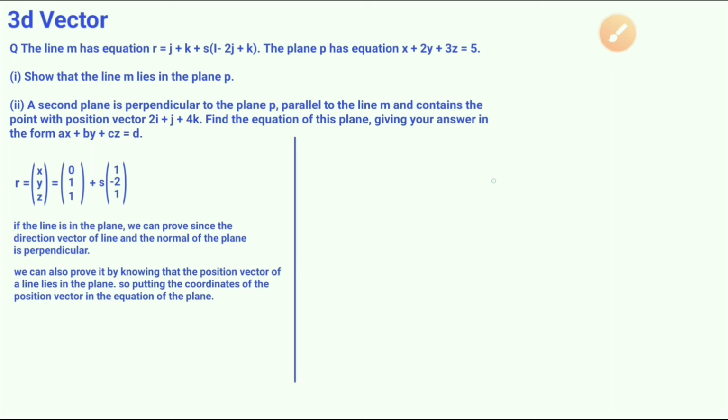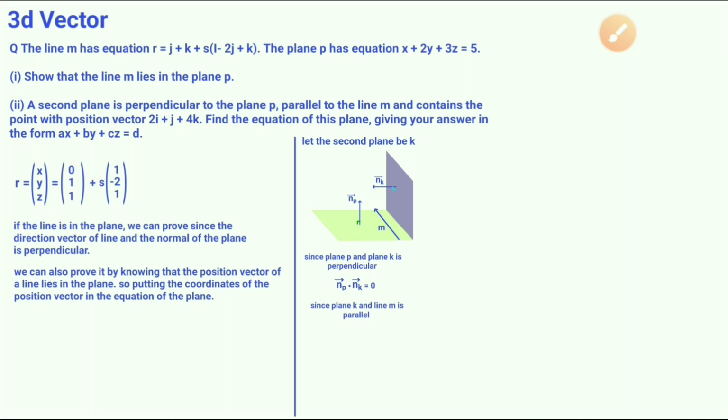A second plane is perpendicular to the plane P, parallel to the line M, and contains a point with position vector (2, 1, 4). Find the equation of the plane, giving your answer in the form ax + by + cz = d, plane K. Since plane P and plane K are perpendicular, so this is this. Since plane K and line M are parallel,